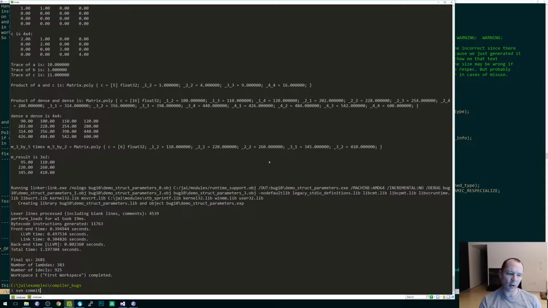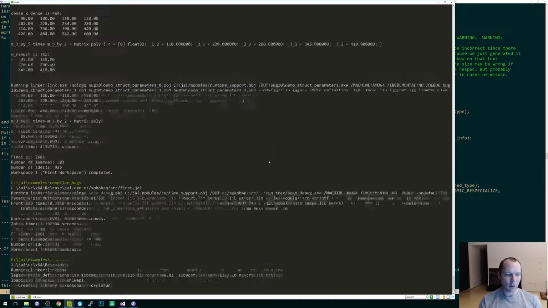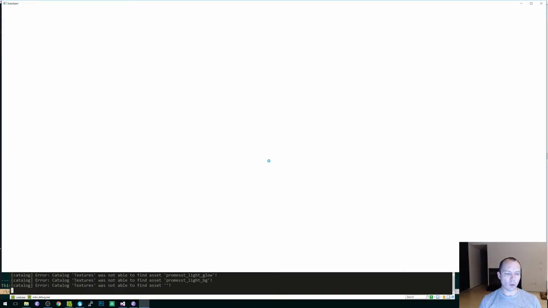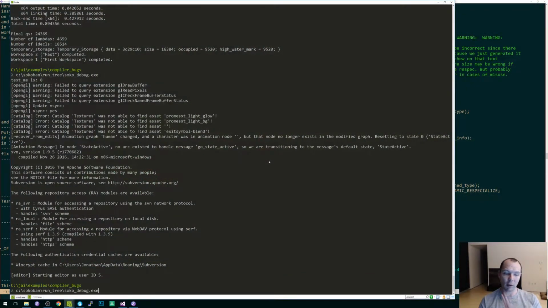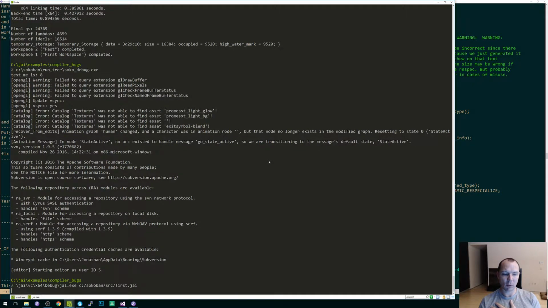Oh, before I check this in, this is a release build running on Sokoban, and this should hopefully run, but the release build doesn't have any of these changes. So I just wanted to verify that that works, and now let's hope that we didn't screw up anything really bad and that Sokoban still compiles and runs.